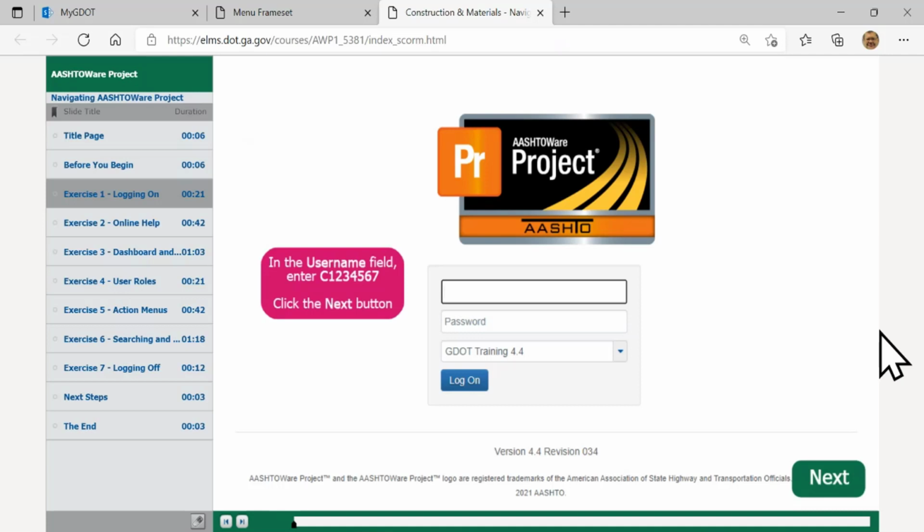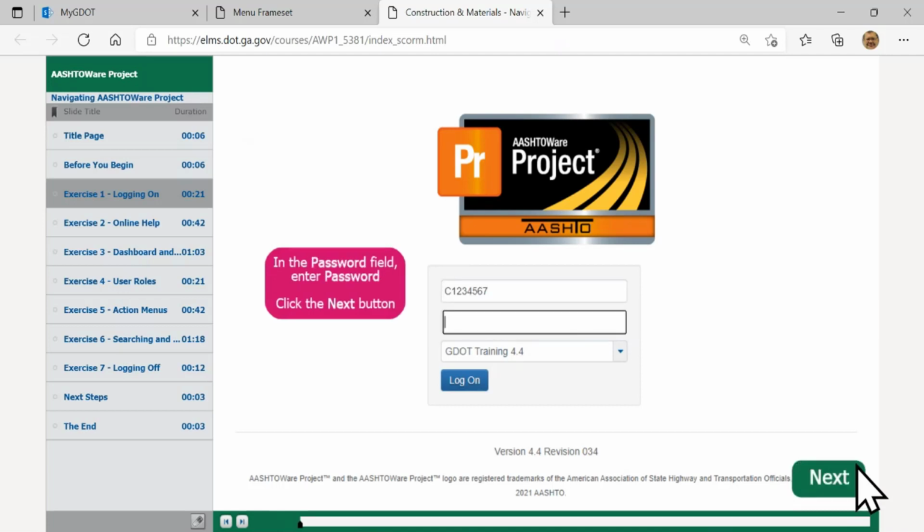This one's pretty easy for our username. In the box where the username goes, you should see your insertion point, your cursor, blinking in there to let you know you're working with it. In that box, go ahead and type in C1234567. Normally, you'll press the Tab button, but in this case, for our CBTs, either hit your Enter key on your keyboard or click on the Next button. That will move you down to the password field, and our password is so difficult this morning, it's simply password. So type in password in there. Click on Next.